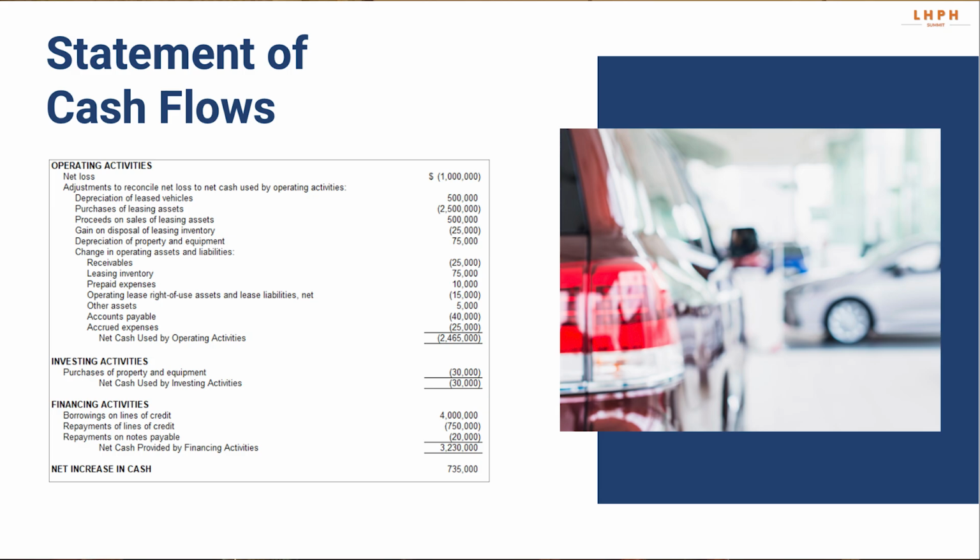Looks like this hypothetical dealer that we created was trying to grow their portfolio, and so they bought a lot of vehicles, and they spent a lot of money trying to grow the portfolio. And so that turned into a big use of cash during the year for this dealer. Investing activities were minimal. They maybe bought some furniture, fixtures, but we come down here and we see that they really had the opportunity to borrow on their line of credit. And they used that cash from the line of credit to then fund the growth of the portfolio.